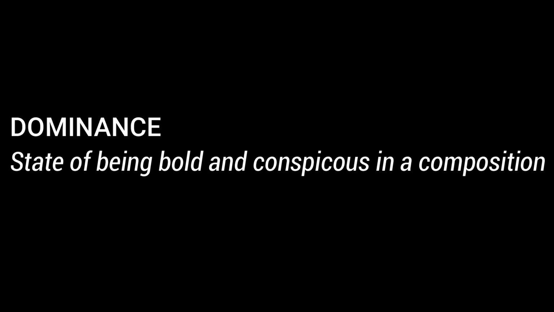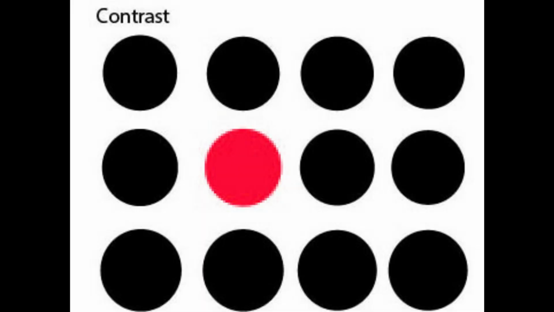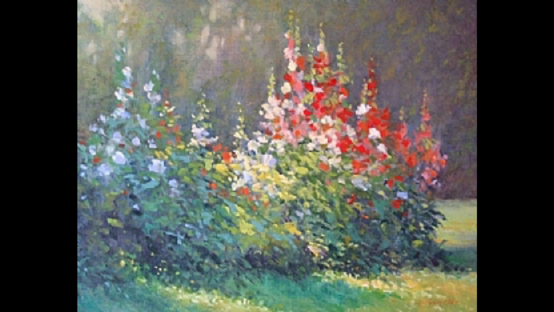Dominance is the fourth principle, and this is the quality of being bold and conspicuous in a composition. It is created by three ways, and the first is the use of contrast, where you contrast elements either by their color or size. The second is grouping the elements to stand as a unit so that they can be